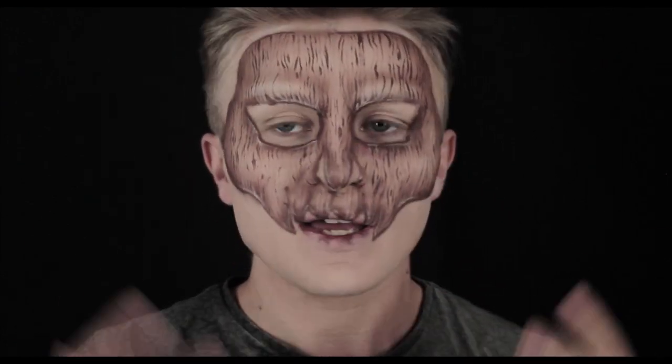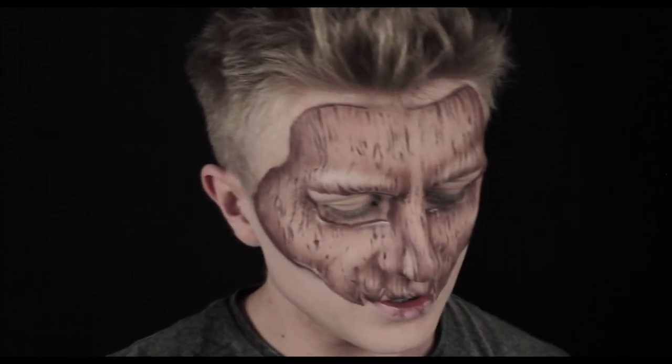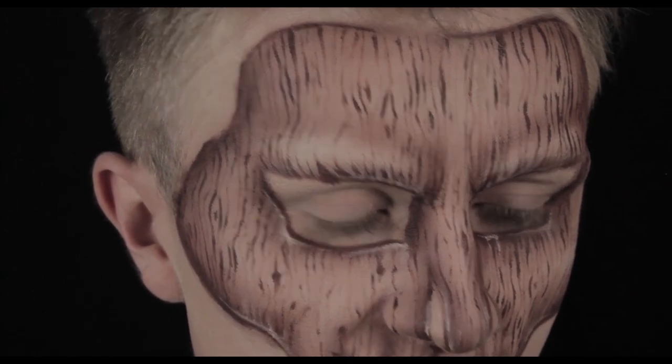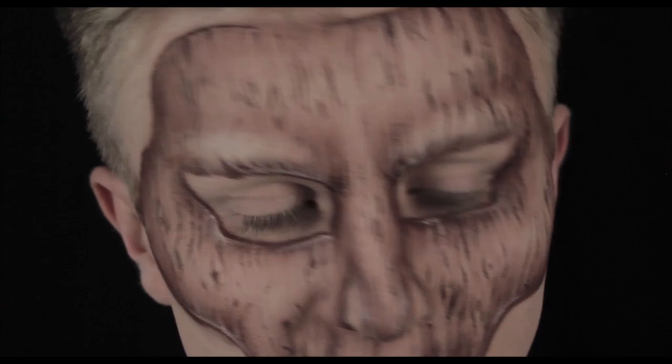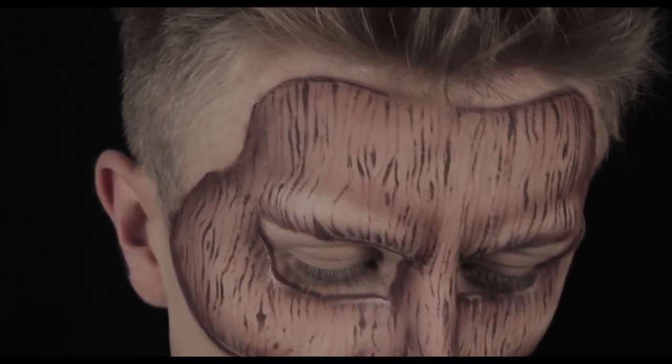Now what we're going to do is do the rest of the face and make your face more witchy looking. For the eyes, what we're going to do is just a really blown out smoky eye. Right, we're going to dip into a black eyeshadow. I'm pretty sure you could use any black eyeshadow that you want, but I am using Kiko's black eyeshadow, and